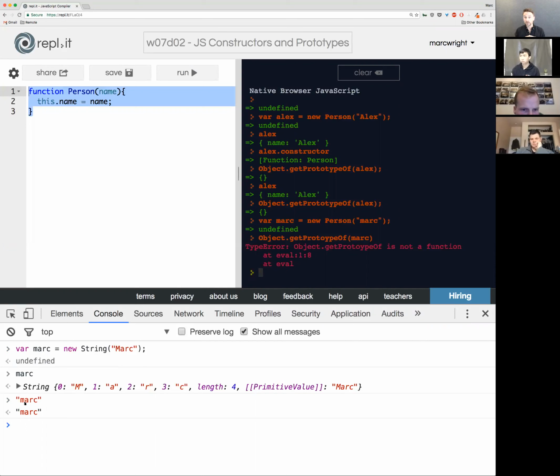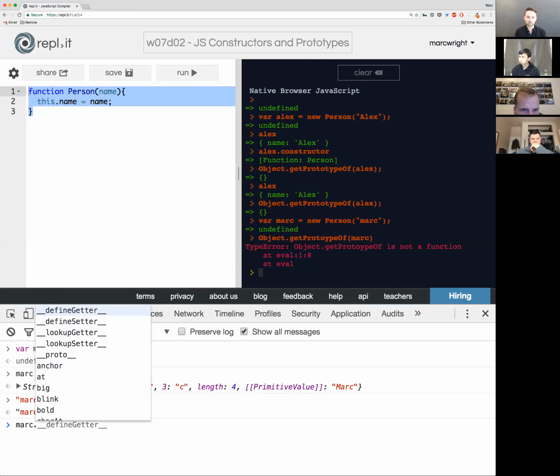So remember we talked about primitives. Your basic strings, basic numbers, your Booleans, they're very primitive data types. There's not a whole lot we can do to them. But when we create a string with this constructor function syntax, it gives us a lot more functionality, just for example. So now if I call mark, the variable mark, not the string mark, and I do length,